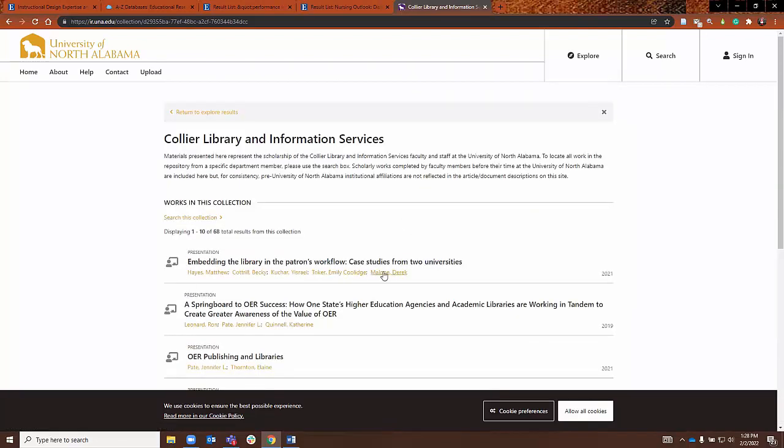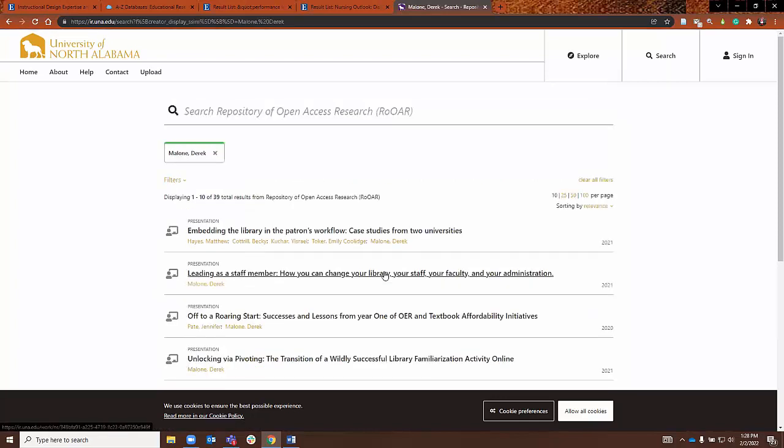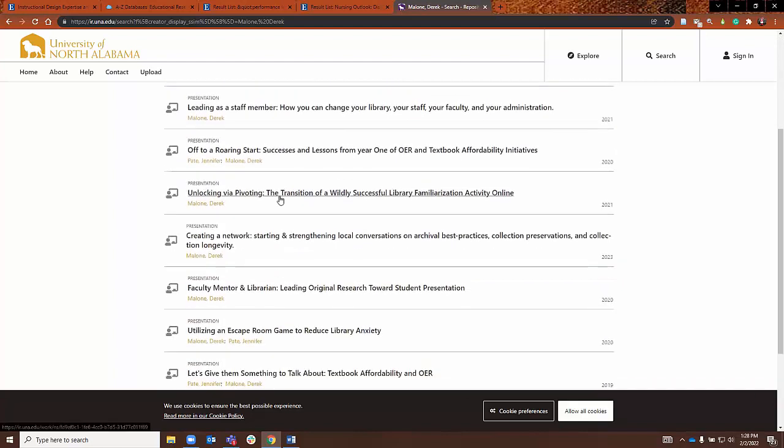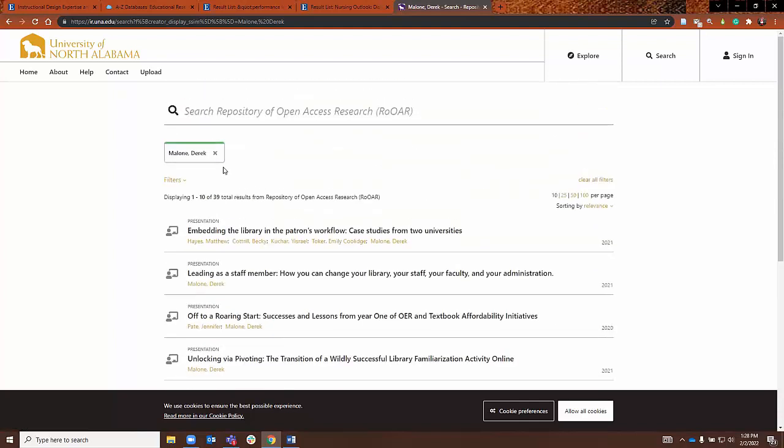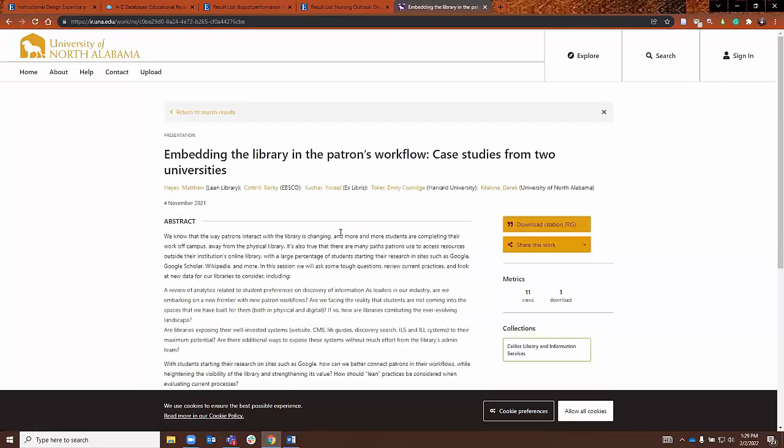I can go further with this. I can click names. So if I click my name there, now I've got different listings, presentations and publications that I have done. Similarly, if you search by someone's name, you will get an interface very similar to this. You can click these. They're all clickable. And then once you're in,